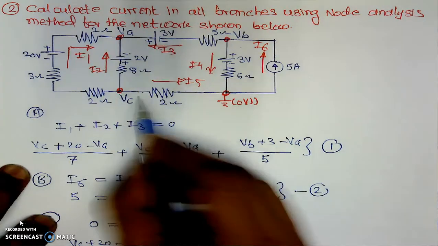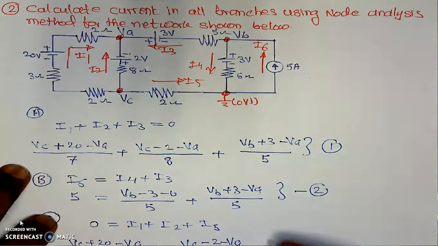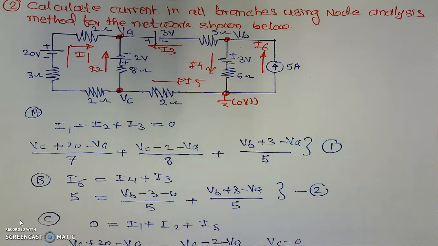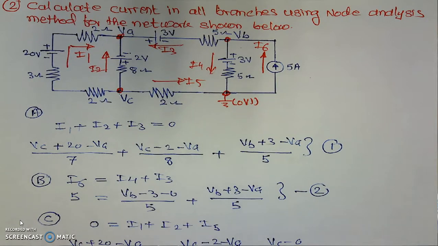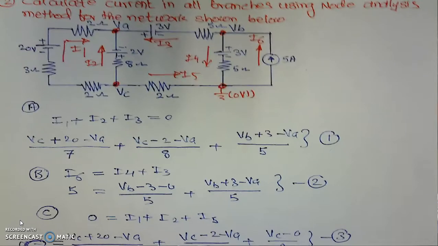I5 is the current in this particular branch, that is VC minus 0 divided by its resistance, which is 2 in this particular case. We can simplify this equation, which is equal to 0, and from this we can have equation number 3. By solving these 3 equations simultaneously, we